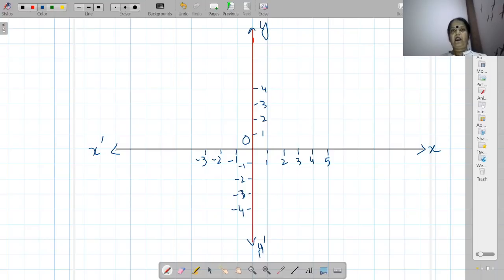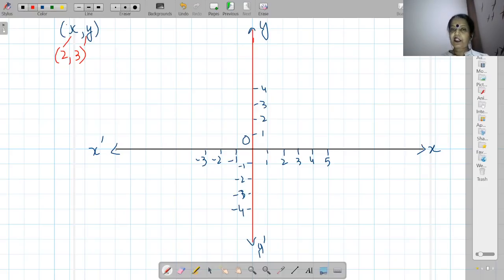Now, before we take the plotting of points on the graph, always remember the first value will always be of x-axis and the second value or number will always be of y-axis. This you have to remember. Suppose that I have to plot the value as 2 and 3. As I have told, x value is the first one and the y value is the second one.